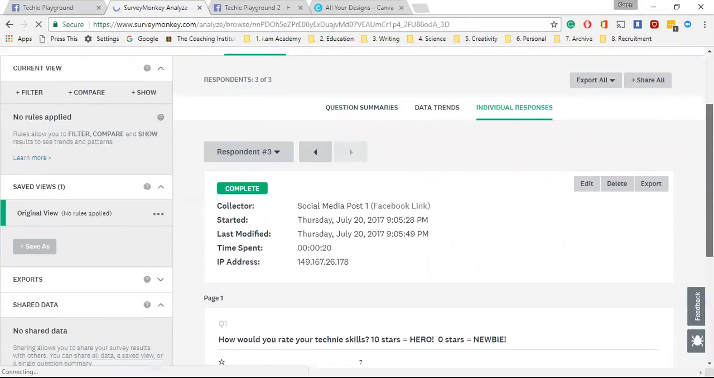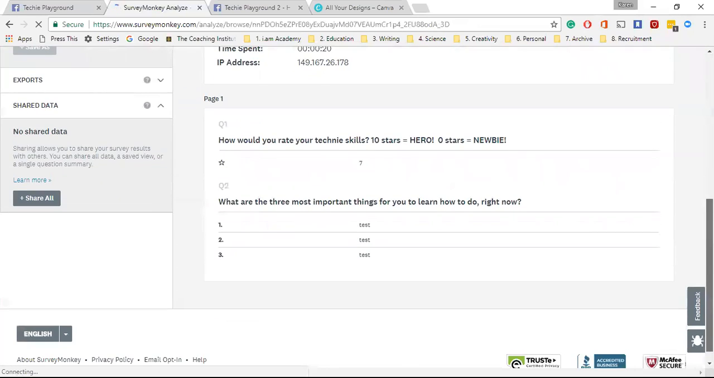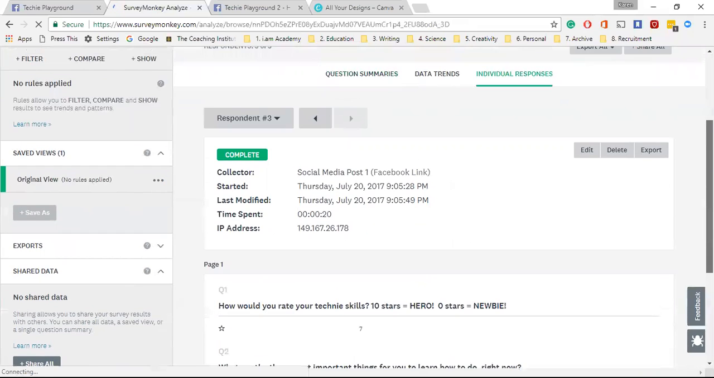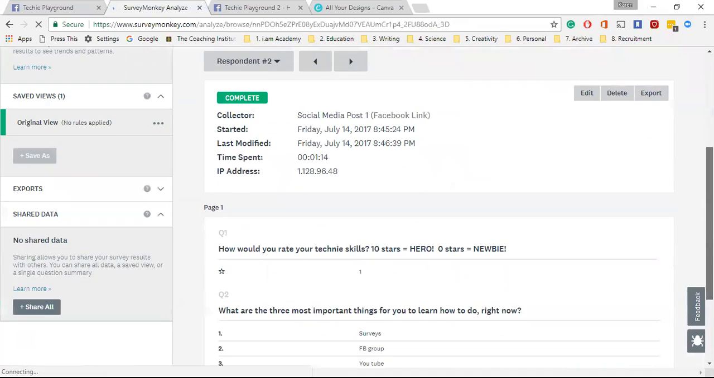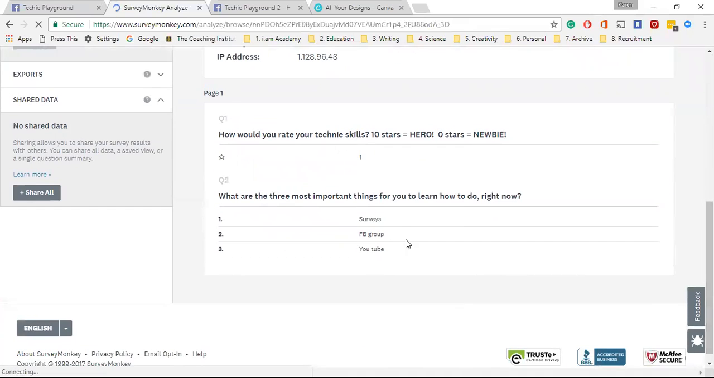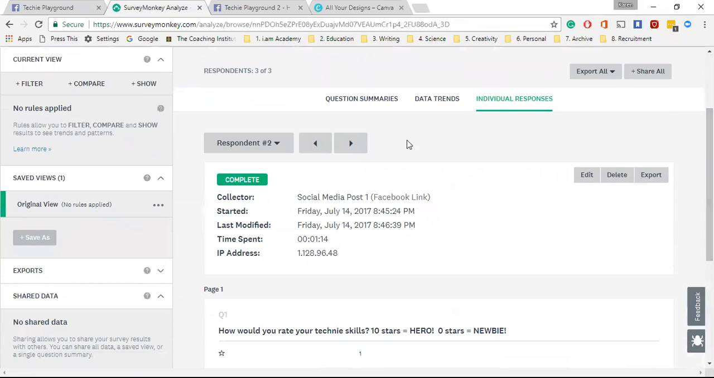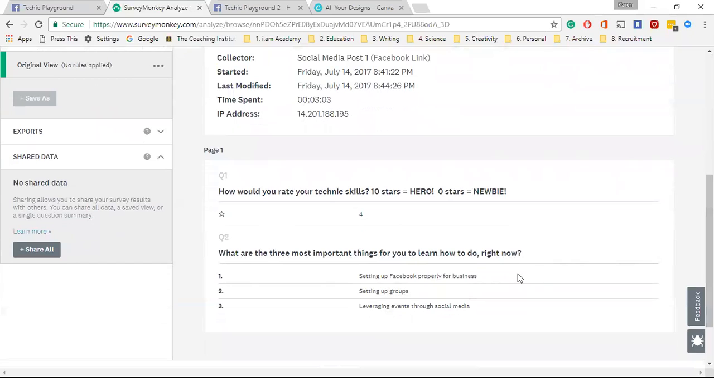Okay, so individual responses will give me what this person has said. So you can see what this particular person has said. Let's go, respondent 2 has said surveys, Facebook group, YouTube. We've done all of those, so that's fantastic. That's amazingly awesome. And respondent 1 said setting up Facebook properly for business, setting up groups, leveraging incomes through social